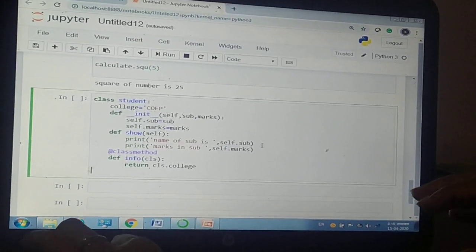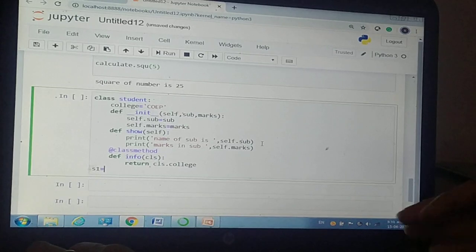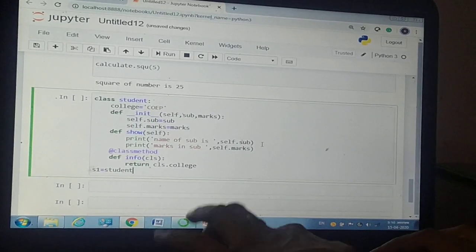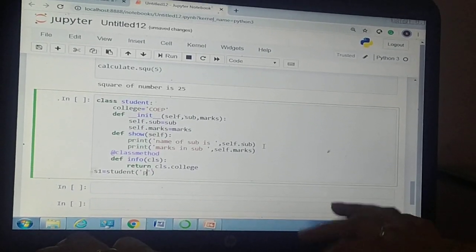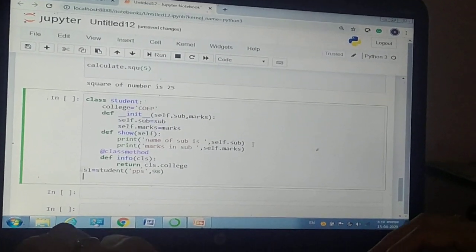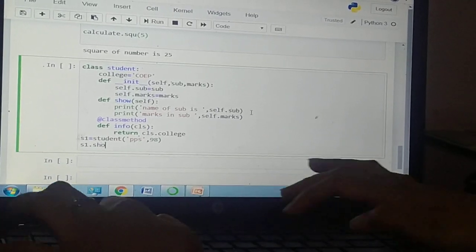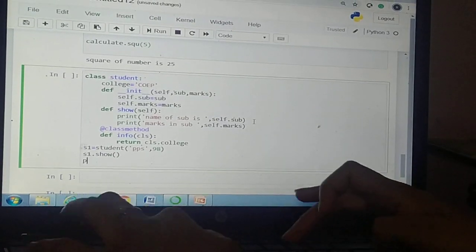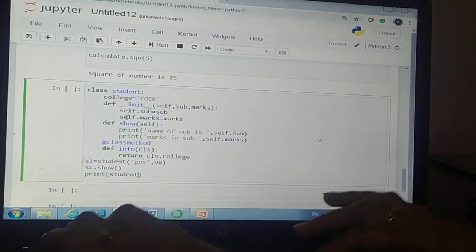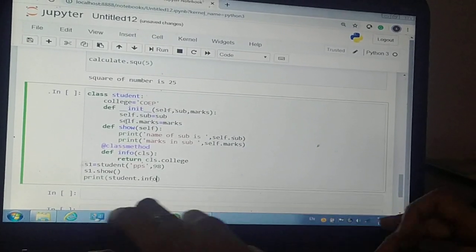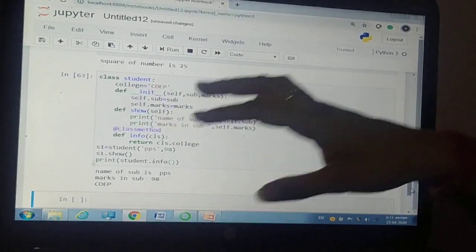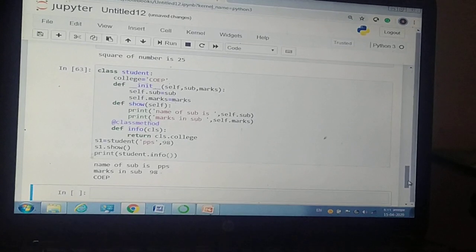Firstly, for this I have to create the object of the class. So s1 equals student, and I need to define the values of it. I have defined subject as pps and the marks as, suppose, 98. So I need to call s1 dot show. Okay, and then print. To call this info I need to use student dot info. When I run this code, you can see that